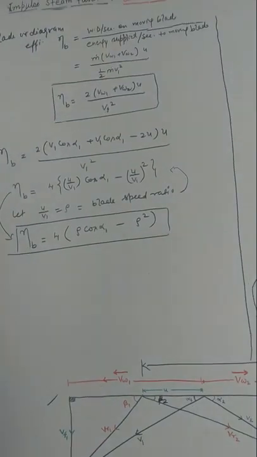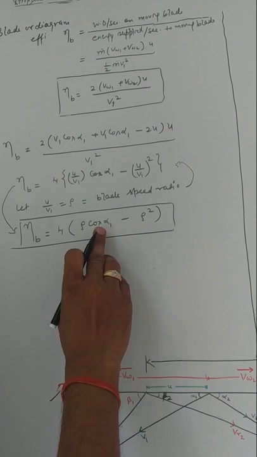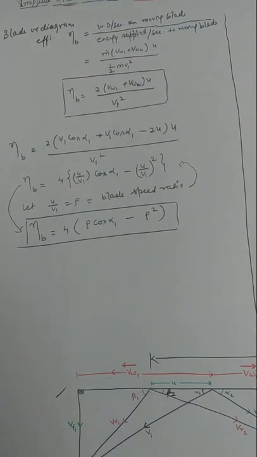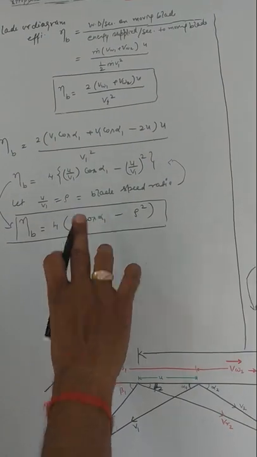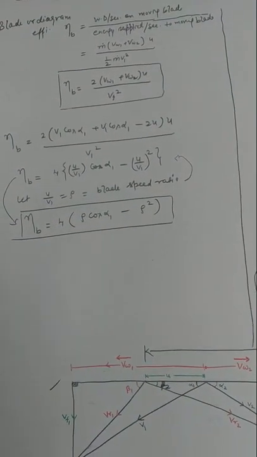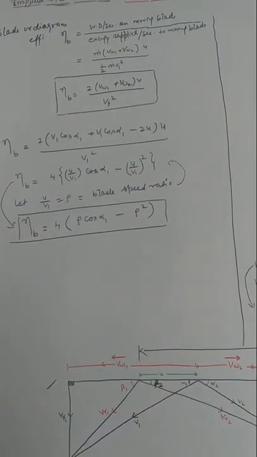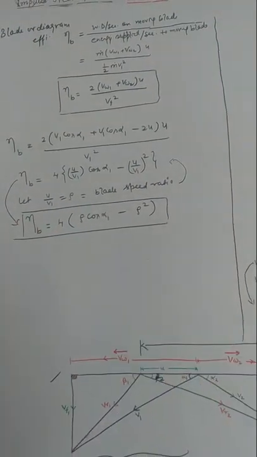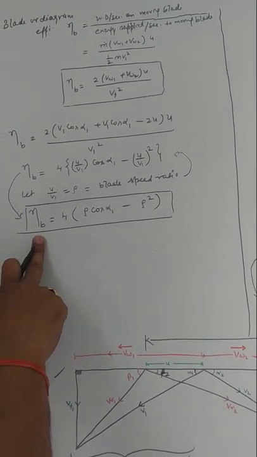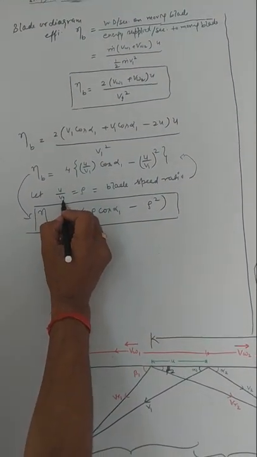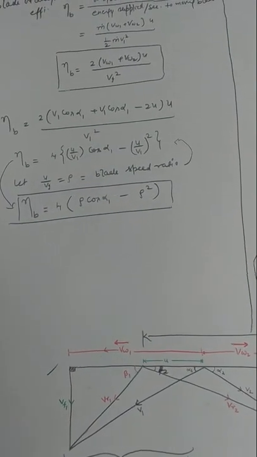We know that the nozzle angle alpha 1 is fixed because the location of the nozzle is fixed, that is why this angle will not change. The variation depends upon u upon V1. You can vary this with the variation of V1 and change the efficiency, because V1 is responsible. V1 plays an important role in the generation of the efficiency or the work done at the moving blade.